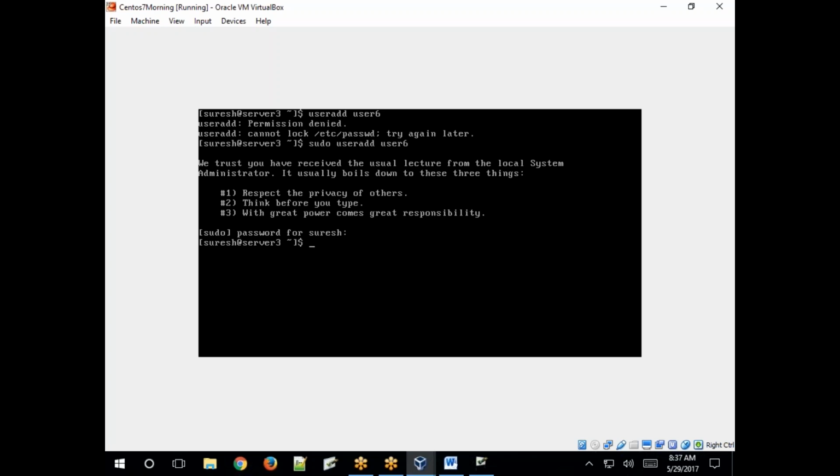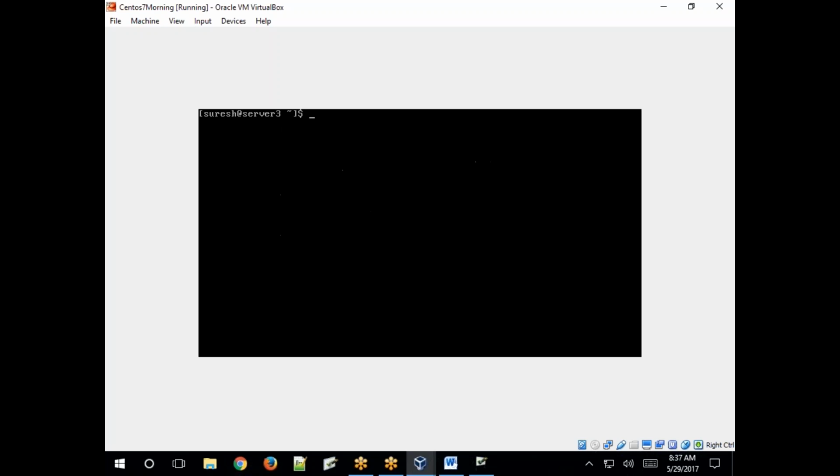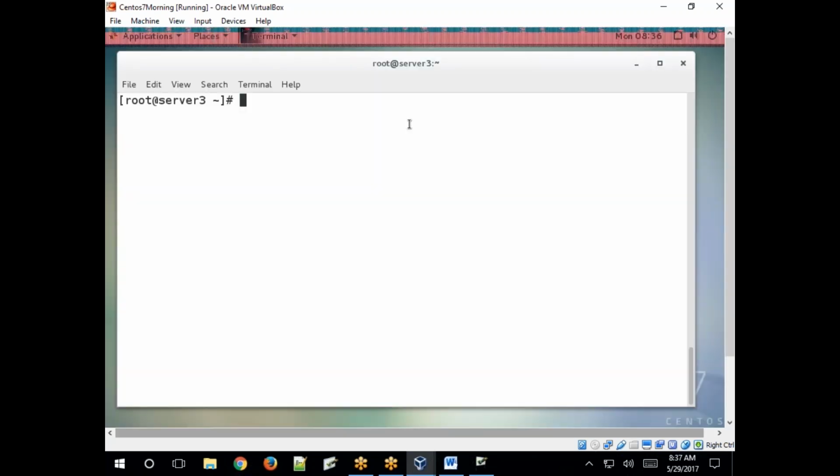So we can also perform this without a prompt for a password. How to perform that? Just simply add no password, I think. Okay, performed, right? Successfully the user account is created, right? So like this. Now add different commands, specify simply. So like this, visudo.